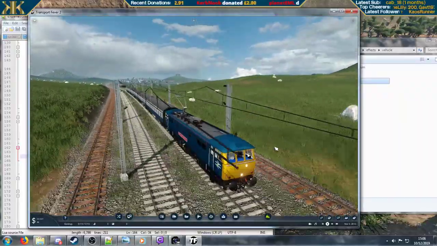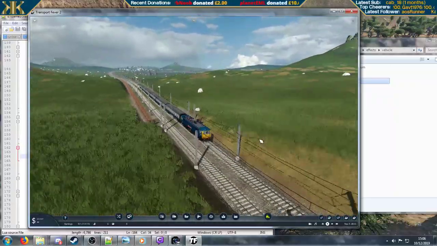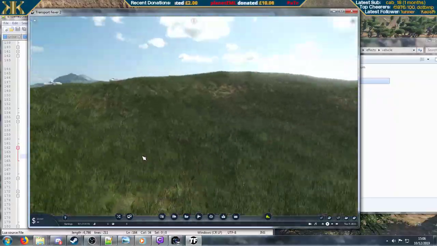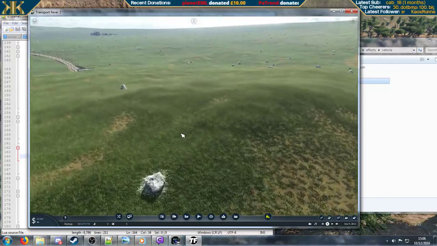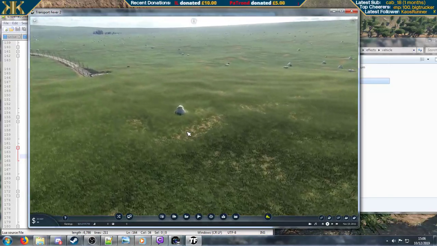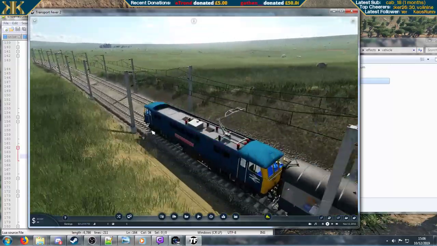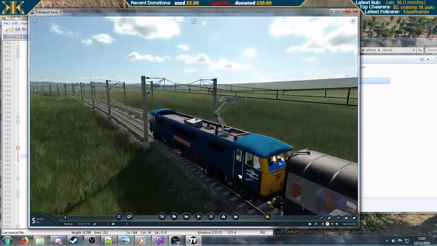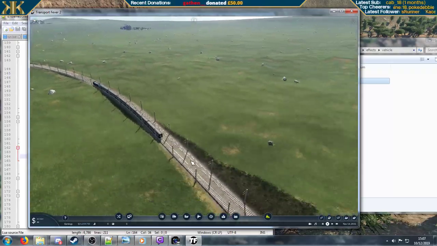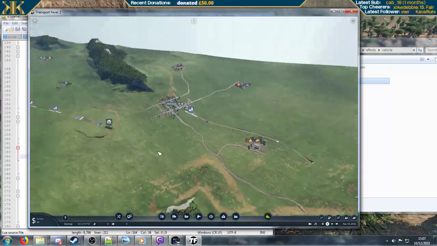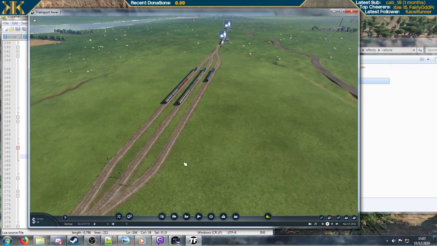Because remember, we set it up earlier on so that it does reversing. If we wait for it to come out of the tunnel again, if you have a look at the back of it, we haven't got our tail red light on because it is towing stuff. But if we quickly went to our other bit of test track over here,